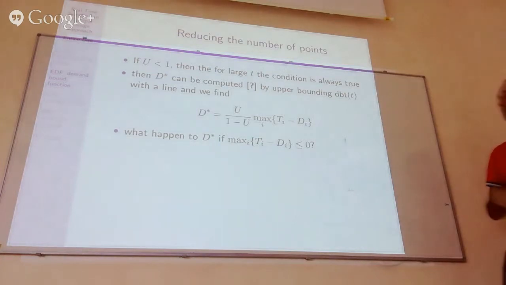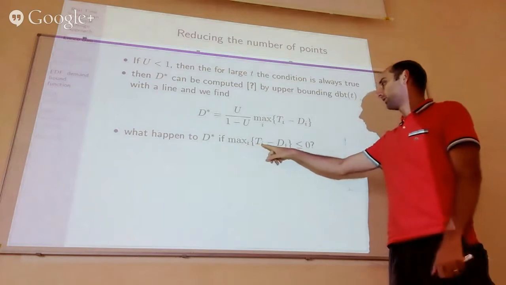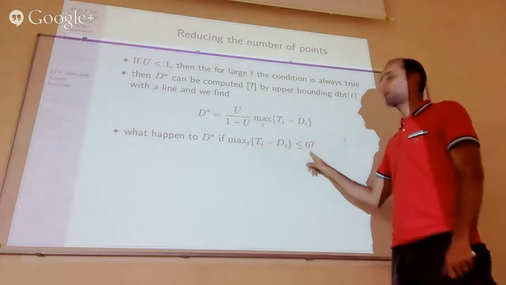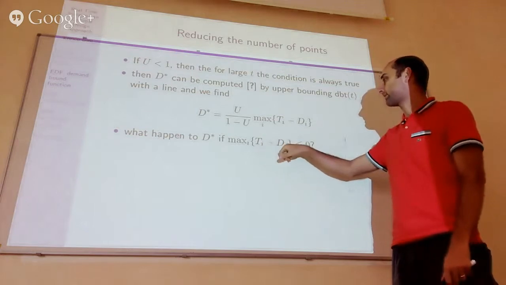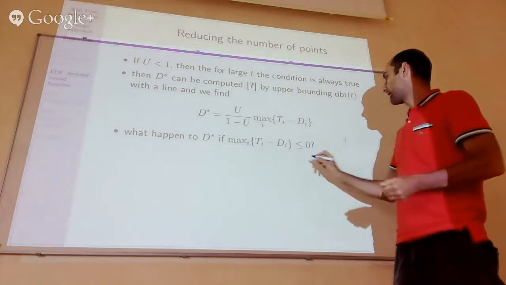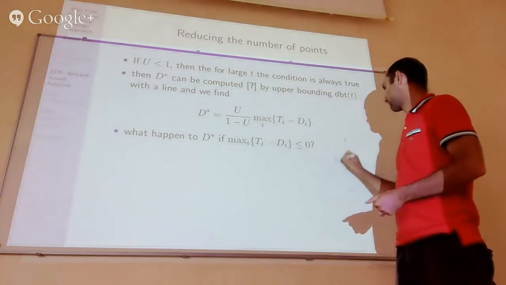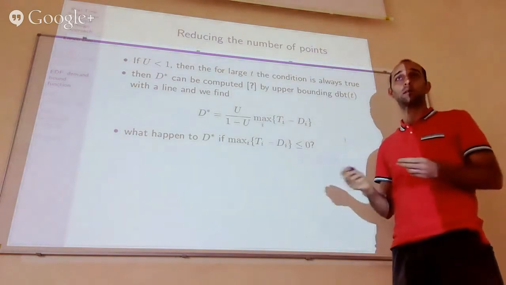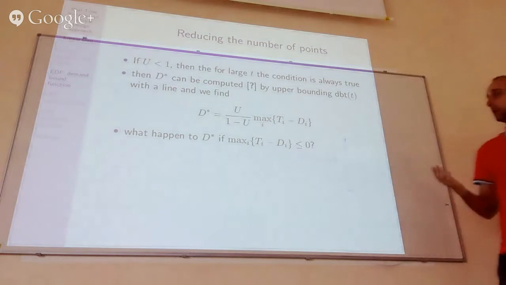You have no idea. Okay. If you have no idea, I try to help you with the idea. So if the max of T_i minus d_i is less or equal than 0, what does it mean? It means that all T_i minus d_i are less or equal than 0. It means that d_i is greater or equal than T_i for all i. Okay, that's quite clear, right? So if d_i is greater or equal than T_i for all i, then